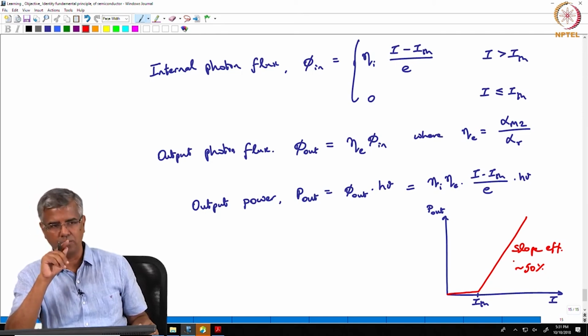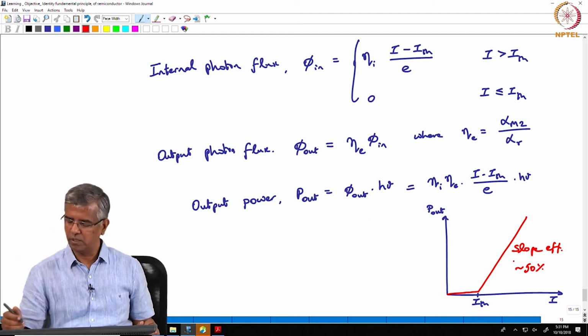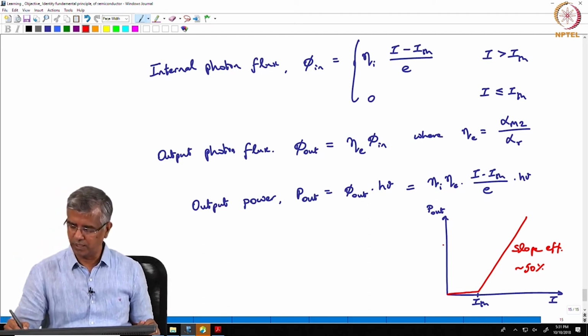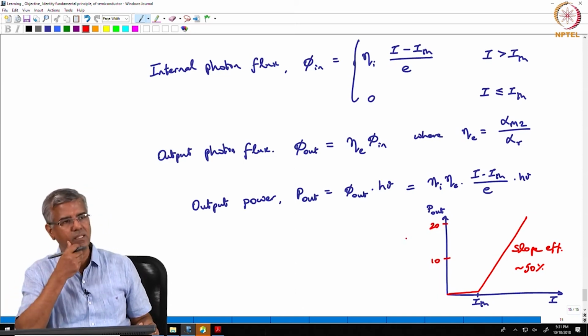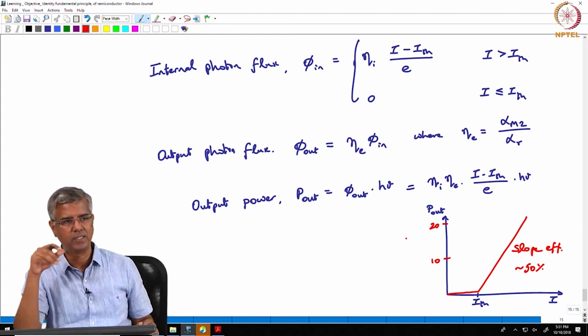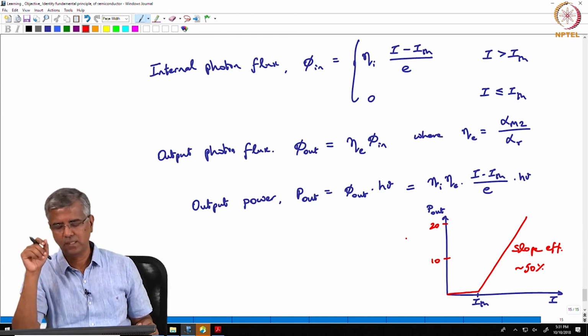But in terms of power that you get out, these tend to be in the order of 10, 20 milliwatts, around tens of milliwatts levels for single mode diode lasers,